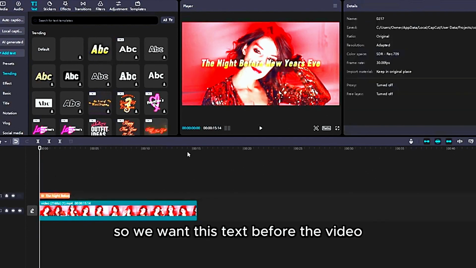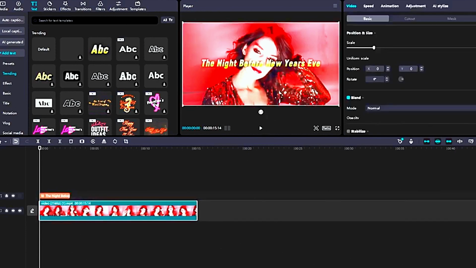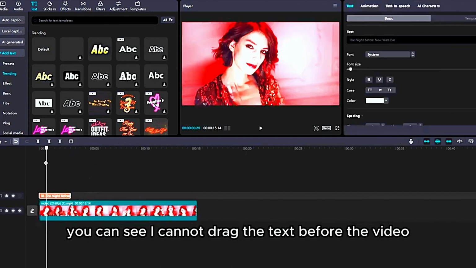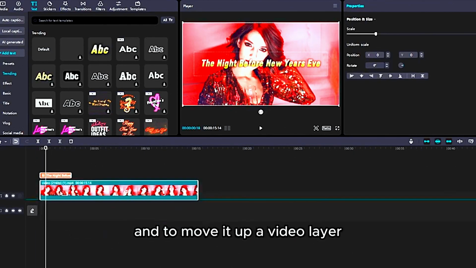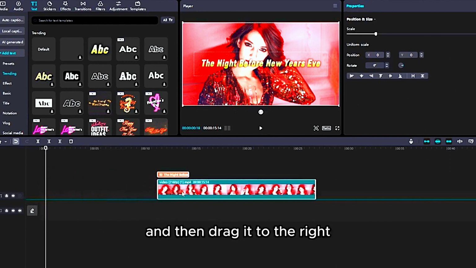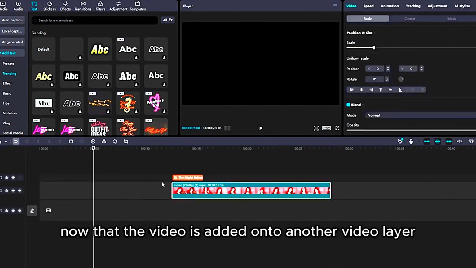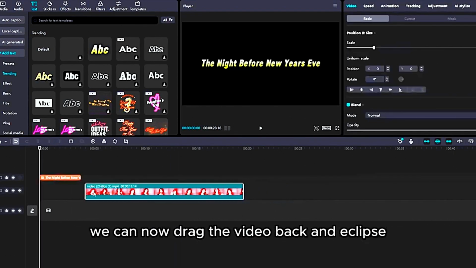So we want this text before the video. And if I highlight everything on the timeline, you can see I cannot drag the text before the video. But a tip and trick to this is to highlight everything and to move it up the video layer and then to drag it to the right, so that you can see now that the video is added onto another video layer. And if we drag the text to the beginning, we can now drag the video back like this